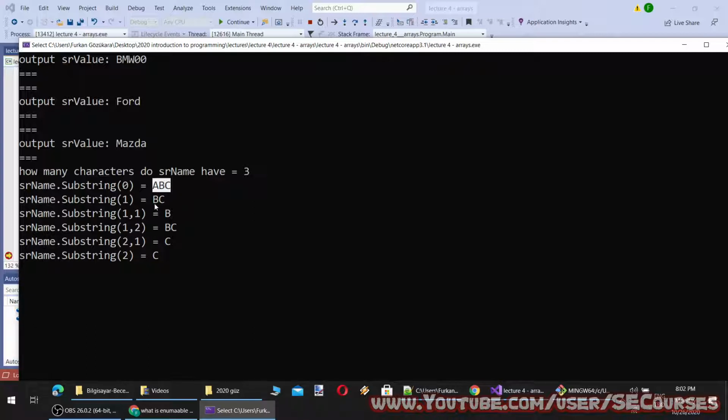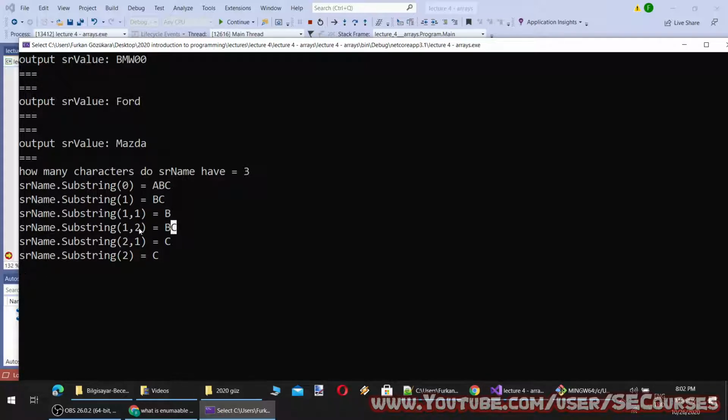Substring 1 starts from index 1, which is B, and gets the rest, so BC. Substring 1, 1 means it starts from index 1, B, and only takes one character. So it is only going to take B.